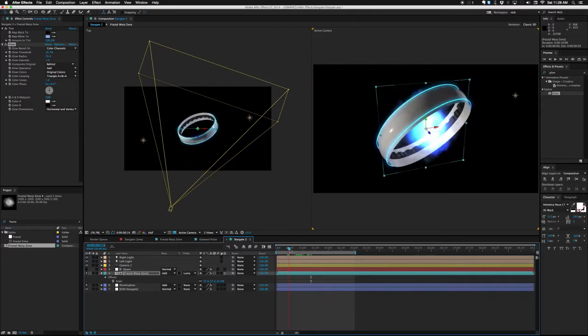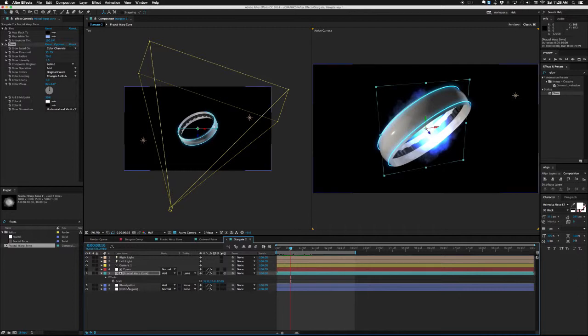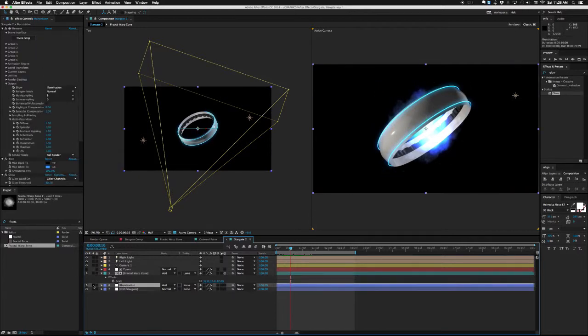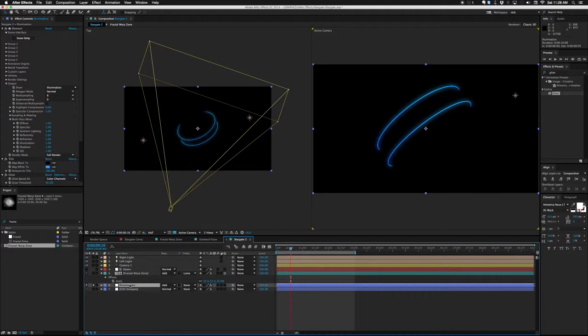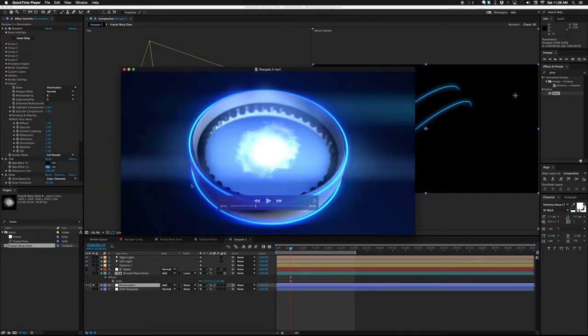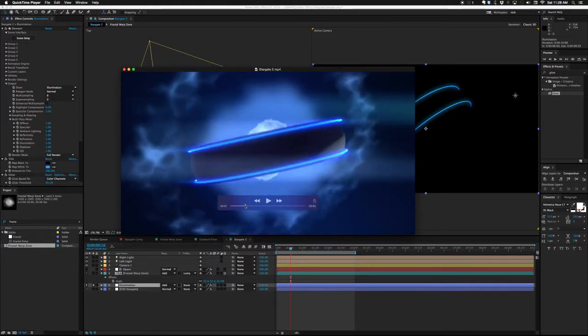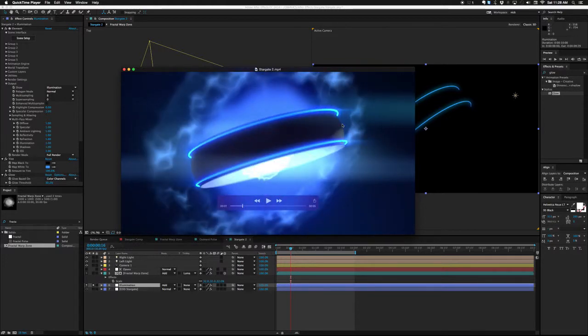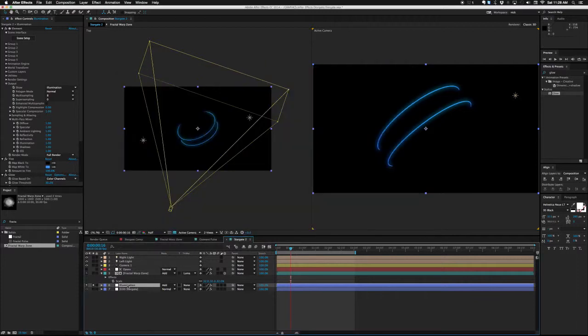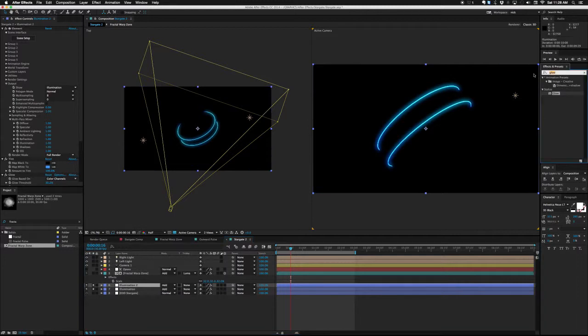All right. I also like to take this illumination layer, I'll solo it, and I like to add a little bit of fast blur. Let's look back at the original. You can sort of see it here. You can see it here on the extreme right side. You can see that the light from the rings is being streaked out, like we have a lens effect going on. So what I like to do is I just like to duplicate the illumination layer and give it a